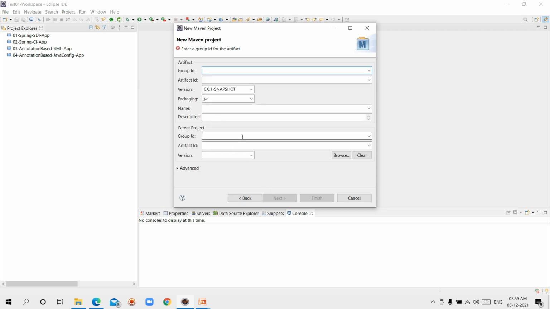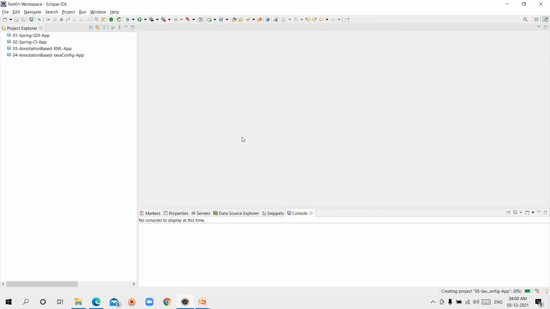Next, give the package name com.codebyswami. Artifact ID I am giving 05 Java config app. I am giving version 1.0. Click finish. Yes, the project is created.